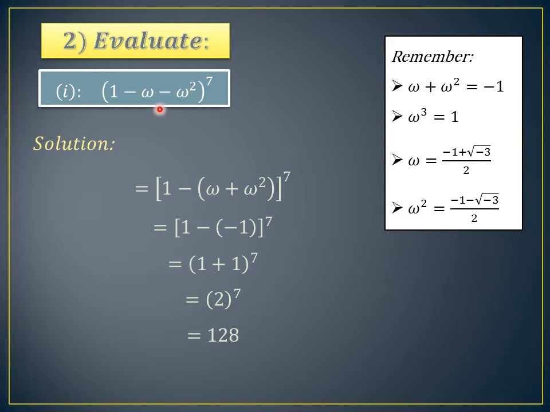What we have done, we have changed the given expression to a form to which a formula can be applied afterwards. We had omega and omega square, but we did not have the plus sign here. So to have the plus sign, we know that when we take minus as the common sign, our signs change. So same goes here. We take minus as the common sign and change the sign of the central term. So omega becomes omega plus omega square. Then we replaced it with its value.